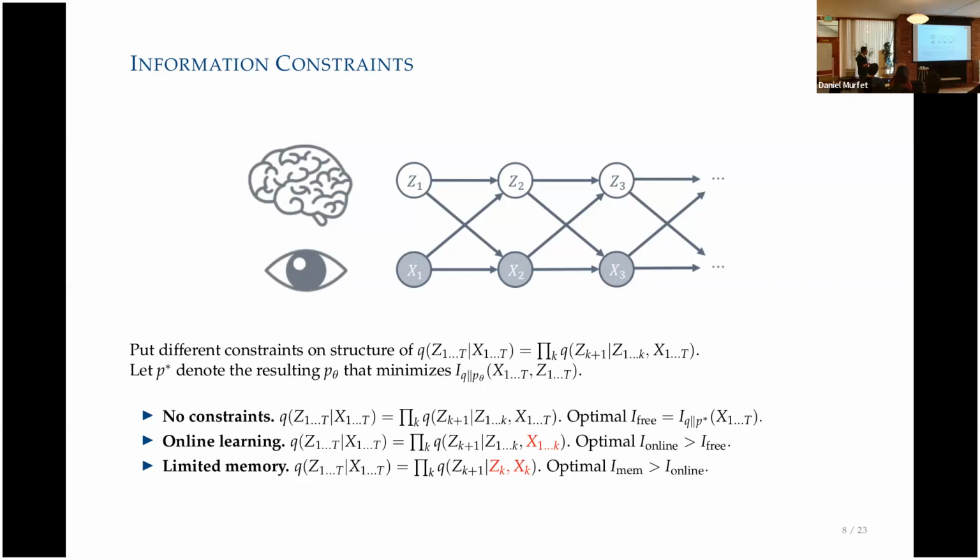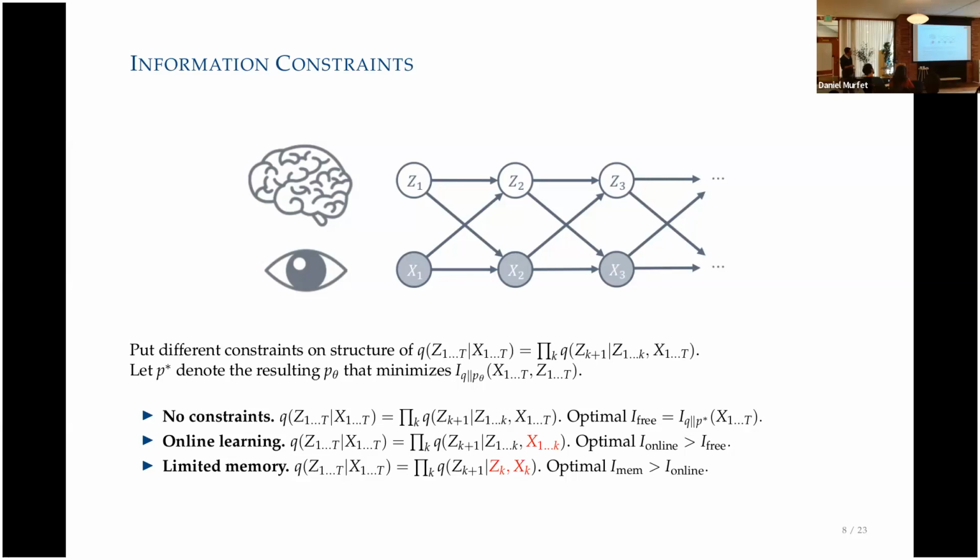So in the simple case where there are no constraints on Q, you will find that the optimal KL divergence we get, which I call I free, as in no constraints, not free energy, is just the KL divergence on the observables, X. We can prove this by setting Q to be exactly the posterior on the axis, and then you'll get this value for the optimal information. Or you can have something that I call the online learning constraint, which is that the Q at Z